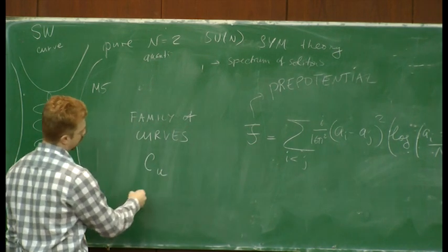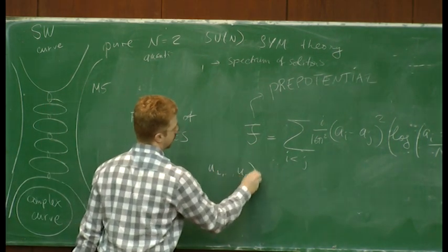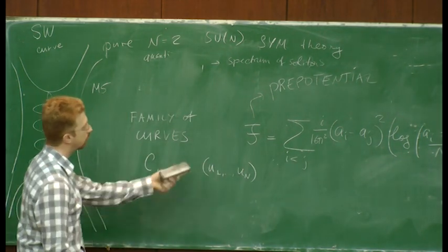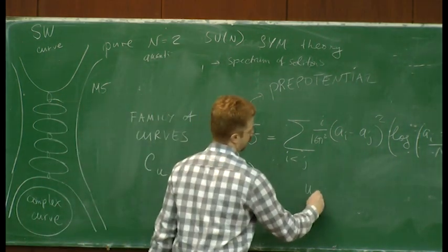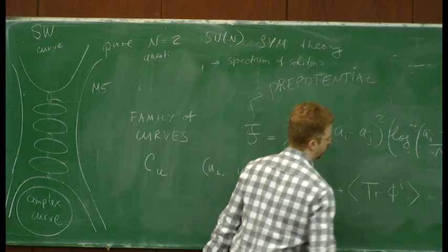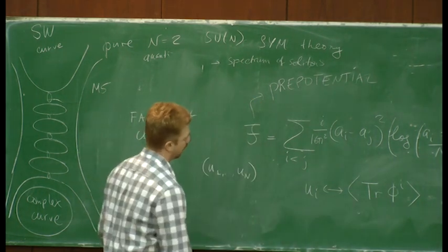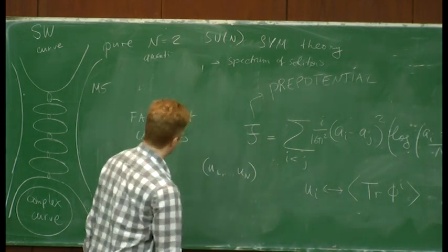So these are complex curves which depend on some parameters, U1 through Un, which will be the global parameters, which could be identified with vacuum expectation values of some gauge invariant observables, like trace phi to the I, or could be some other parameterization. And